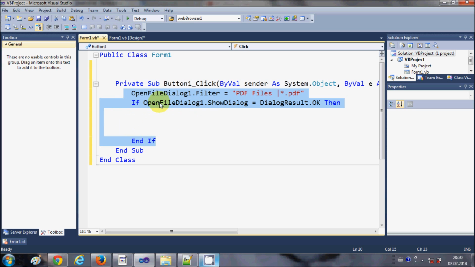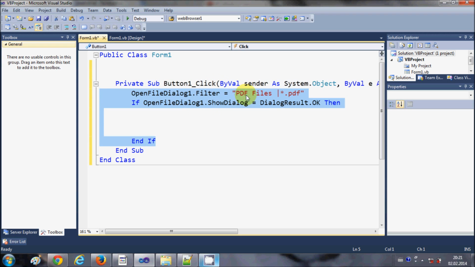I hope you know what these lines mean, or otherwise just copy these 3 lines of code into your button click event. What these 3 lines of code are doing is opening the open file dialog,